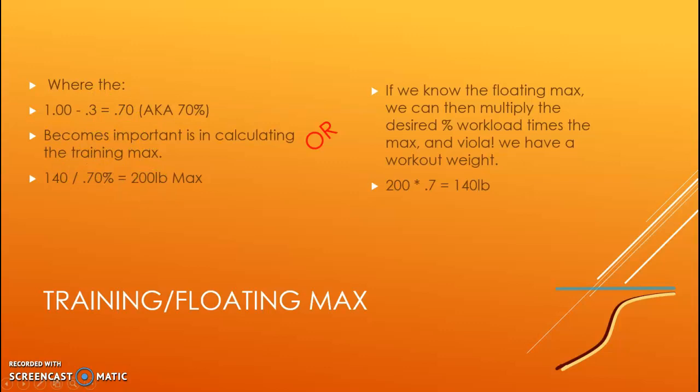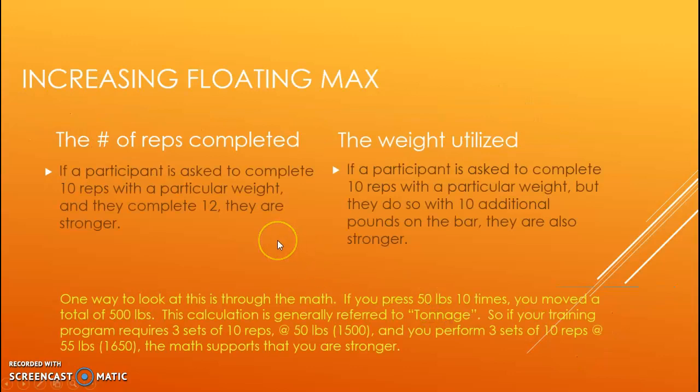Now, here's the quirky thing about this, right? You can always calculate back and forth, and if you want to do a workout based off a 200-pound max, you multiply it by 0.7. If you want to do a workout based off of a 210-pound max, you go 0.7 times 210, and that'll give you a workout weight. Conversely, if you know that that's the weight you're working at, you can figure out what that training weight should be or what the max would be in that situation. So it's kind of quirky in terms of using algebra to figure things out, but actually it's really helpful once you start playing with the numbers a little bit. And the way I always describe this is if you want to increase that floating max, right?